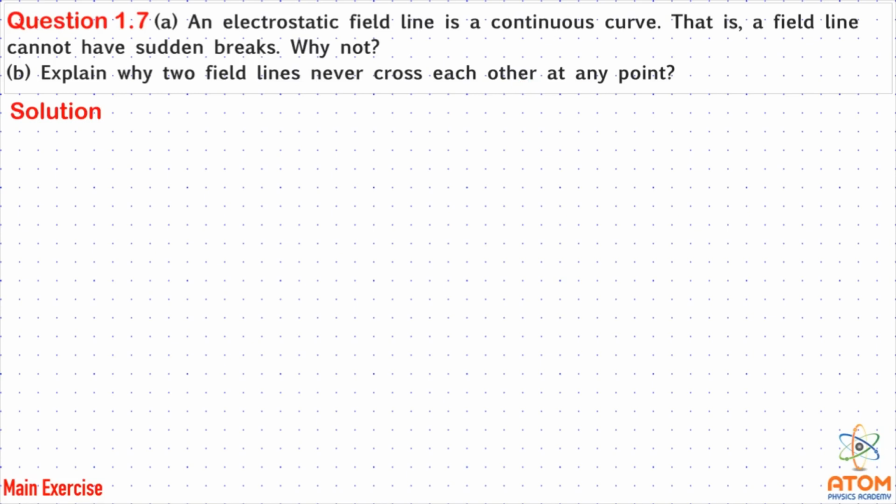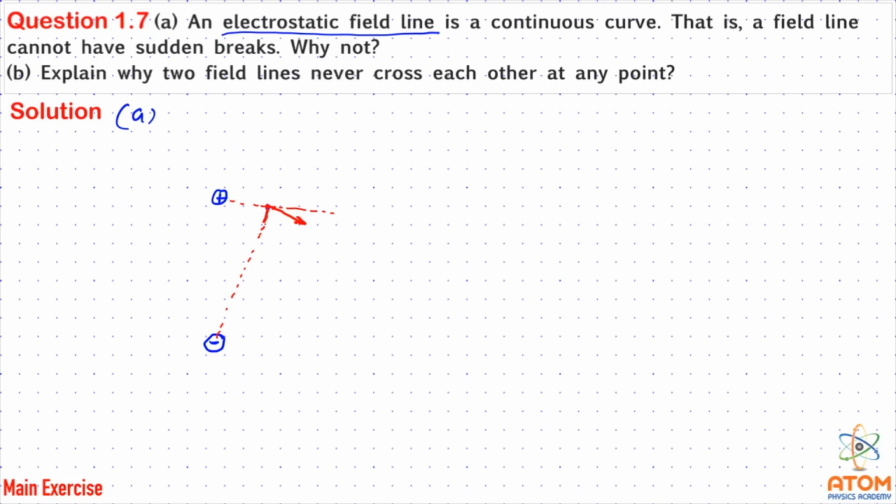Let us see one by one. First, let us answer A. See, electrostatic field line. First of all, let us understand what is an electrostatic field line. For example, if this is a positive charge and this is a negative charge, meaning there is a dipole, let's say, and if I place a unit positive charge, then that unit positive charge will feel a force in this direction here. We can prove this. The resultant force will be here, meaning there will be two forces. One force will be due to this positive charge, and that will be somewhat in this direction, and one force will be due to this negative charge, but that will be of attractive kind.